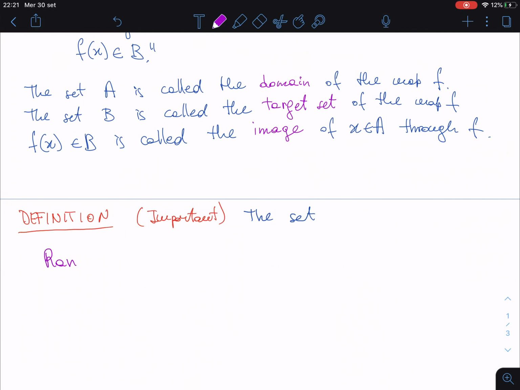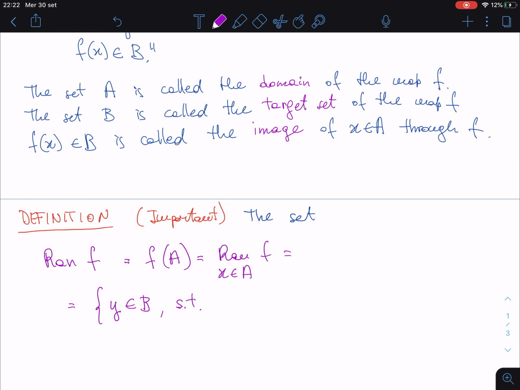Range of F. Another symbol is F of A. Another symbol is the set of f of x where x runs in A. These are just symbols. And the definition is the following: it is the set of all the y's in B